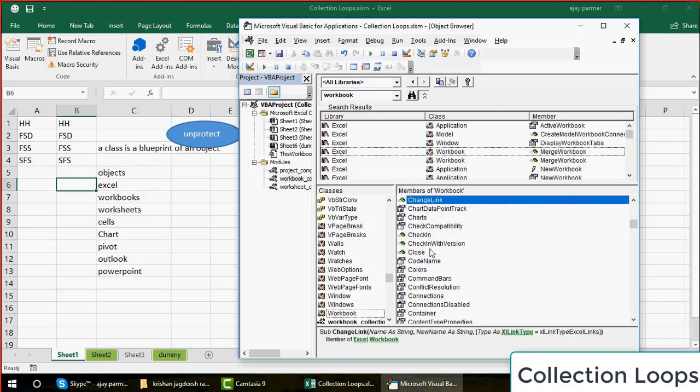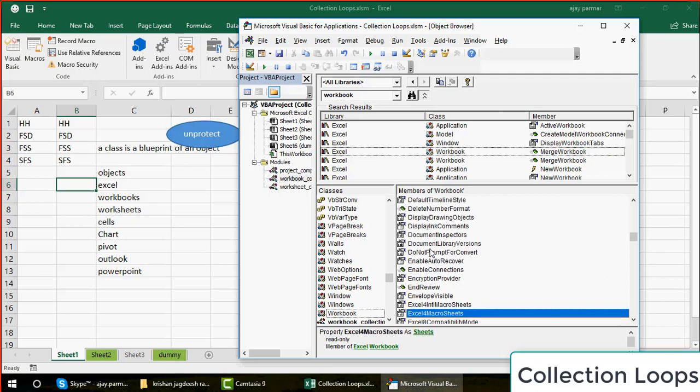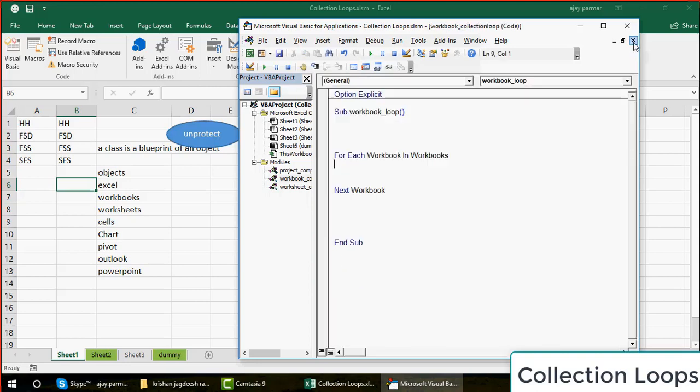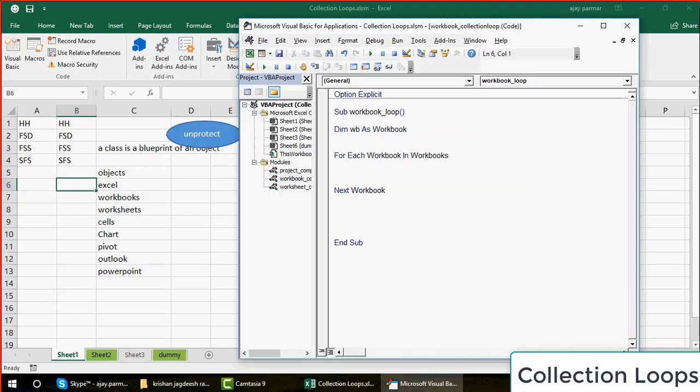So these are all the things we can use. Many of these things, we do not even know. I personally never actually used them. There are so many properties and so many methods available in Excel VBA. So obviously we will create a variable. I create it as WB, and this time this is obviously referring to the workbook class, like in the previous session we did Dim WS as Worksheet, right?